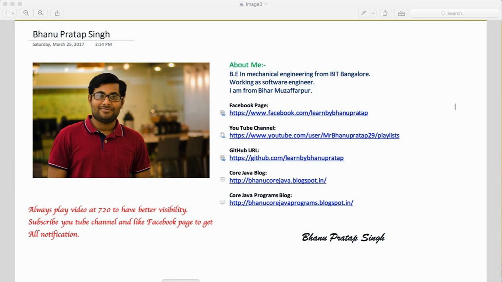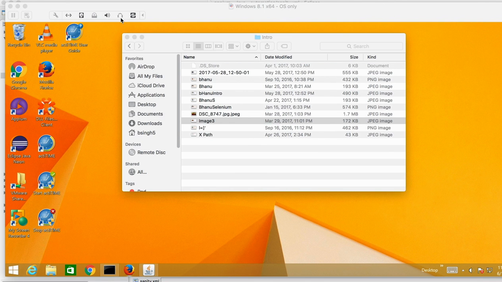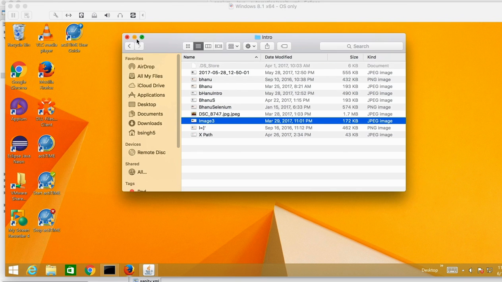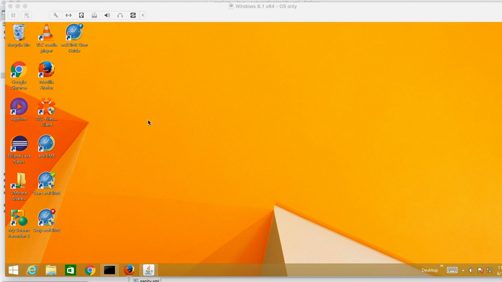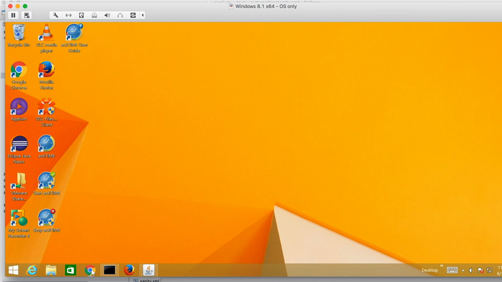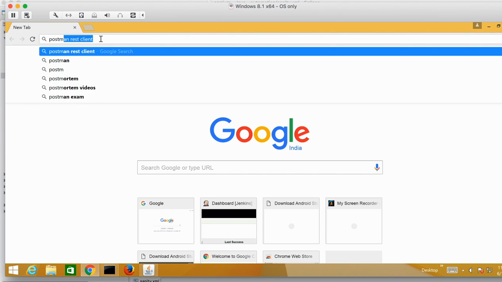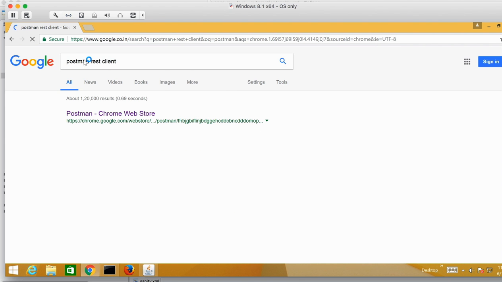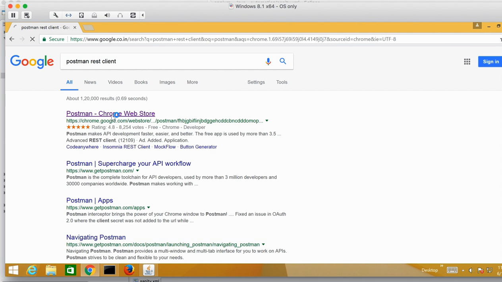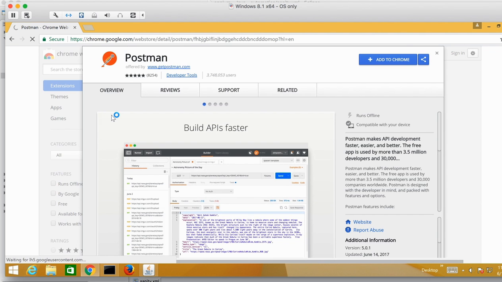Now let me show you with Postman how we can install and configure it. Postman is basically an add-on to your Google Chrome. So open Google Chrome and write Postman REST client. Look for Postman REST client and click on the Postman web store.